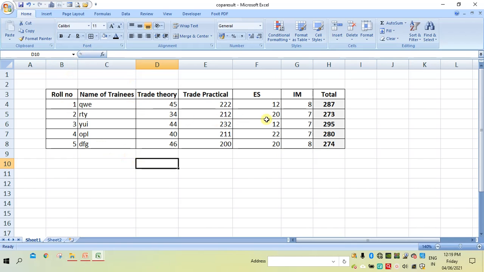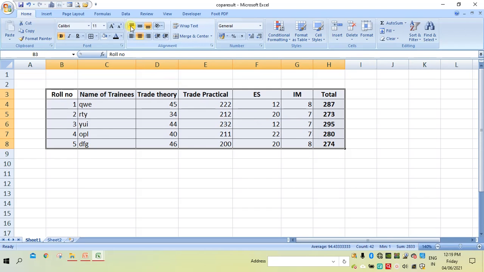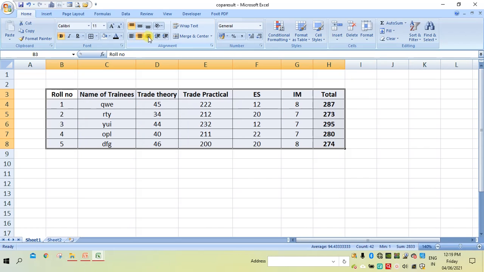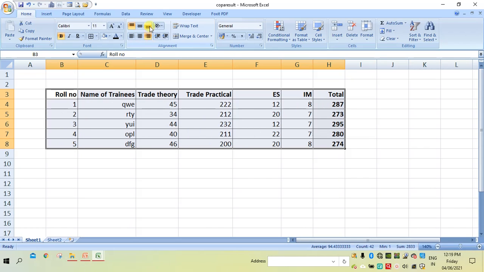Alignment of cells can be done by using these options. For example, select this table and then click this one. Here you can use this for applying the alignment. You can observe how they are moving.